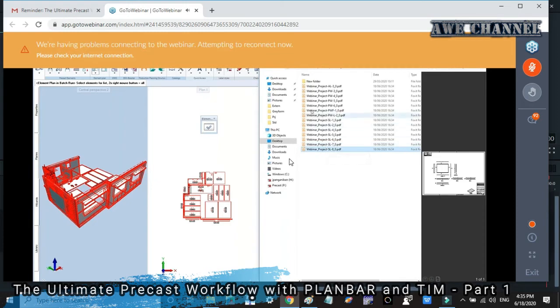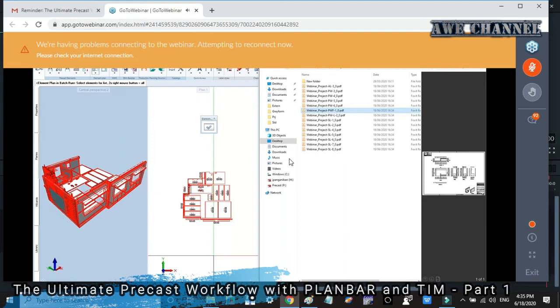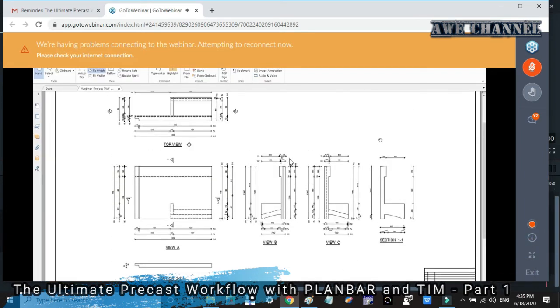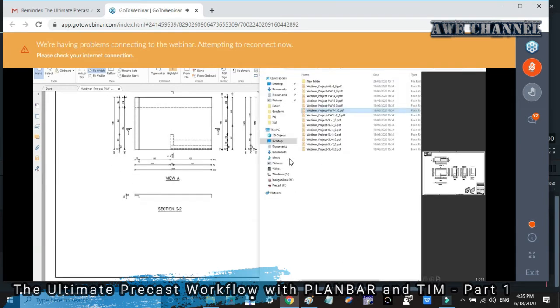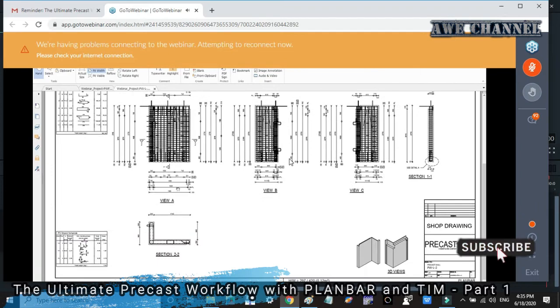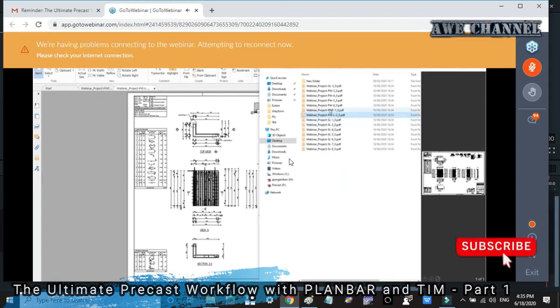If I'm going to show you maybe this one, I'll show you some PDF. So it doesn't matter how big or how small your element or your shop drawing is, PLANBAR automatically gives you the option to find the proper or correct scale for your drawings. So another is maybe the longest one. Let's see what will be the